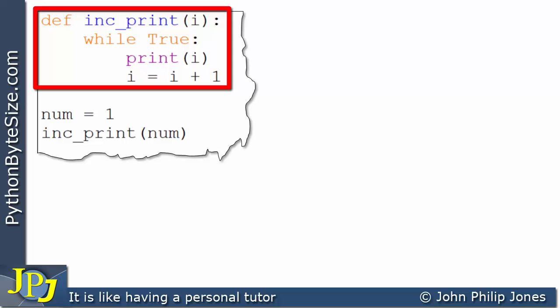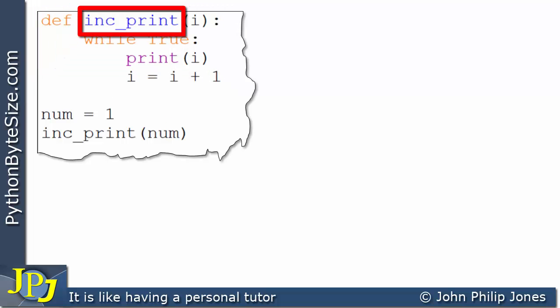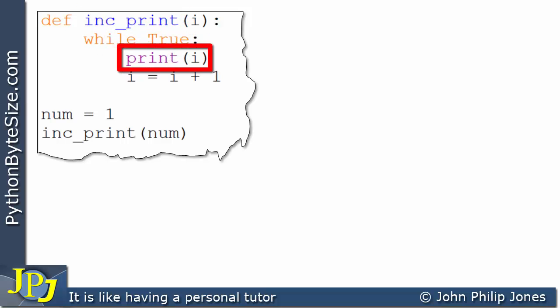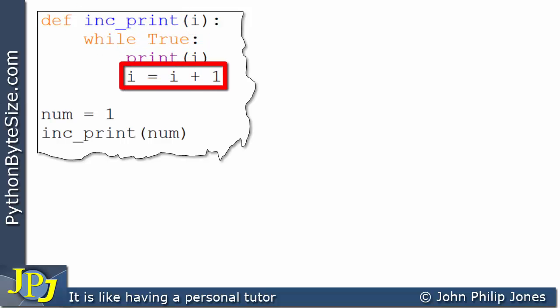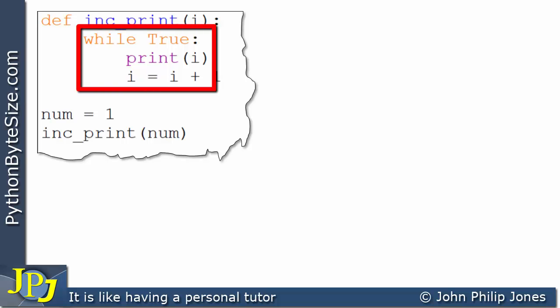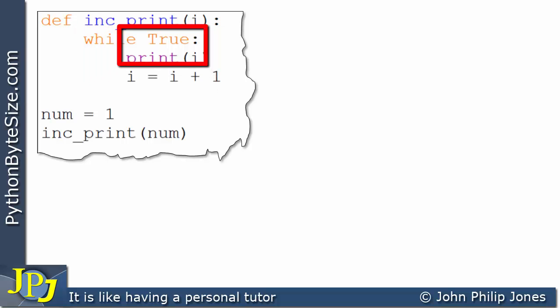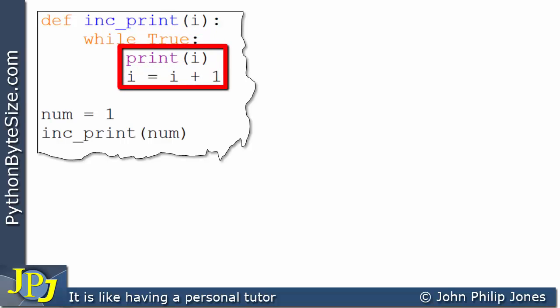You can see the name of the function is inc_print, and what the function is going to do is to print out the value of I as it's incremented. Now the mechanics of this function are shown here, and you can see that it's a loop. More to the point, you can see it's an infinite loop because I'm setting this here to true, which means the program will execute this over and over again until the user of the program decides to stop the program